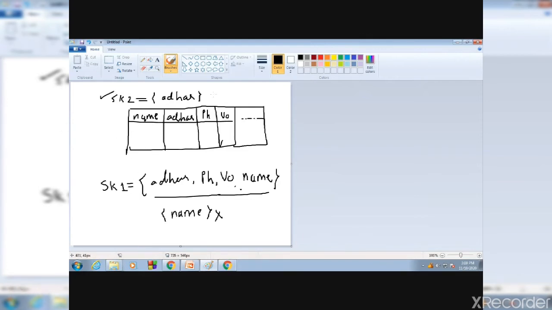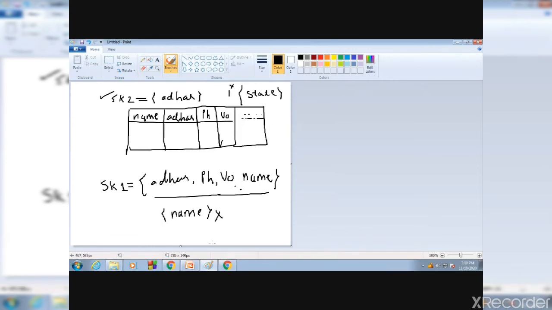If I have only address, like I told, maybe permanent address, state, some information like that may be there. Suppose I have only the state name. Can I get the entire tuple individually? No. So this is not a super key. Whichever attribute or set of attributes together lets me get a row individually, I will say this is a super key.